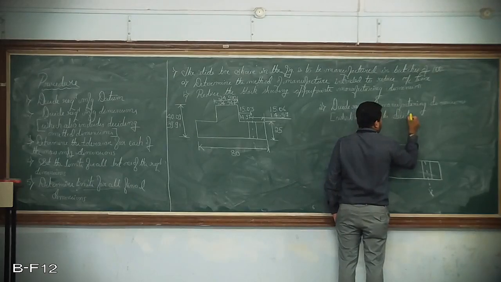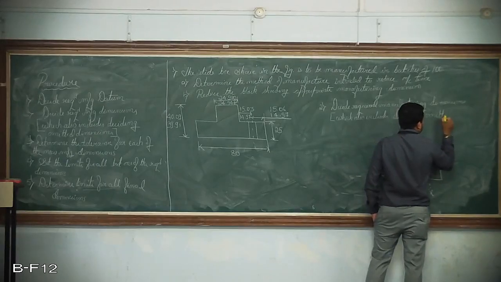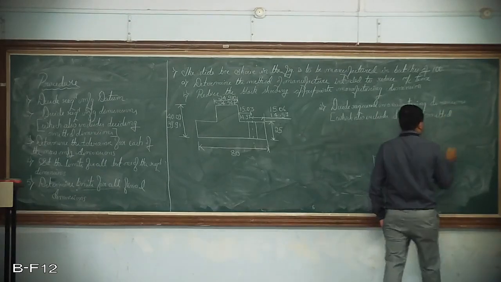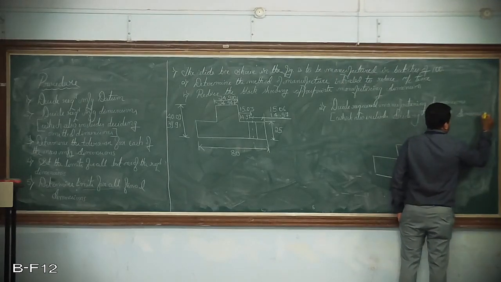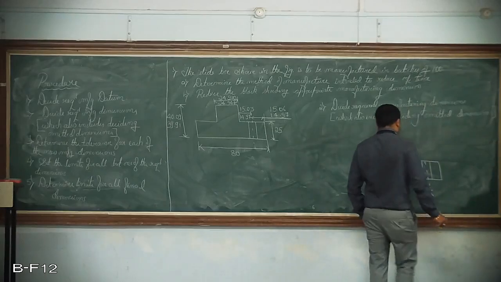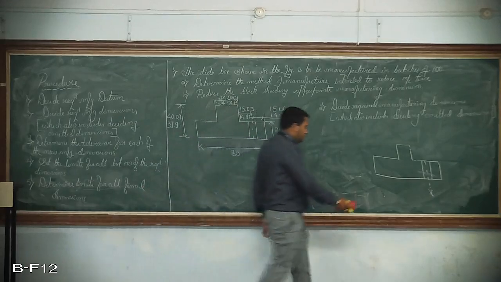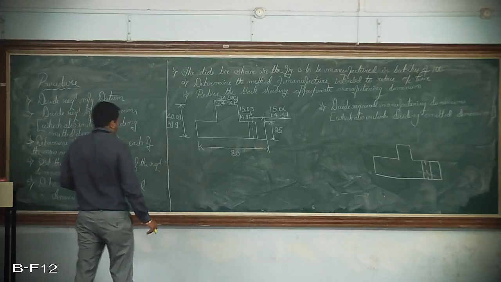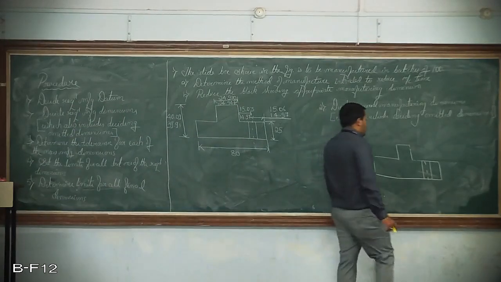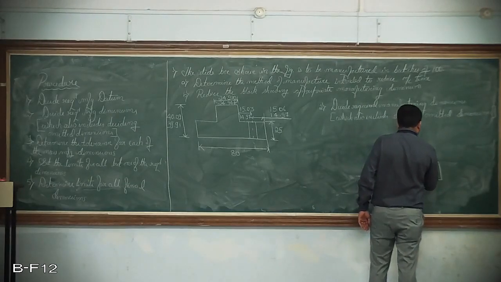Deciding omitted dimensions. So I'll take the part drawing again for this. Now, which dimensions do I need to consider? As I had decided this as the functional datum, the dimensions with respect to the functional datum, that is this,